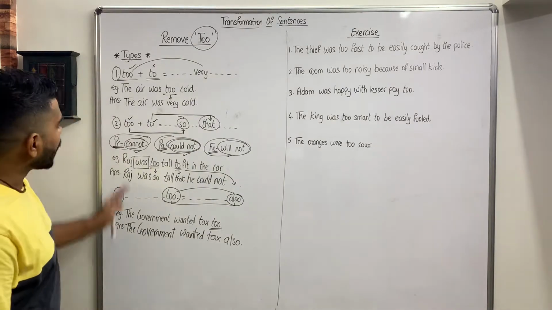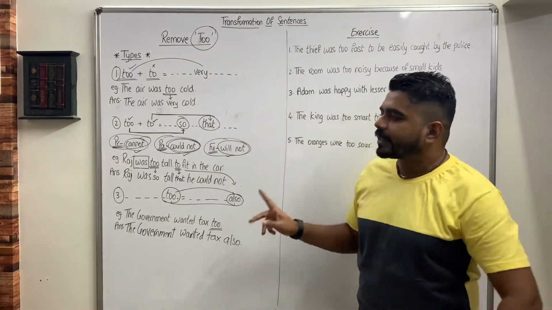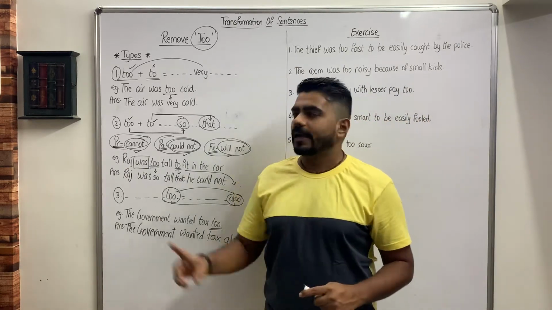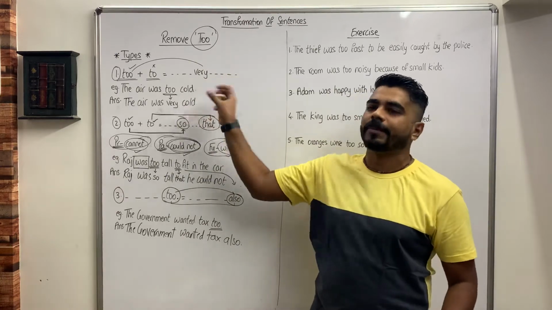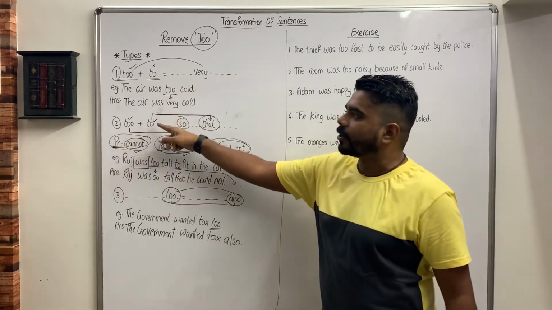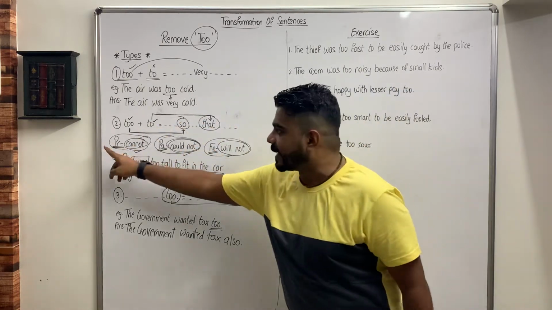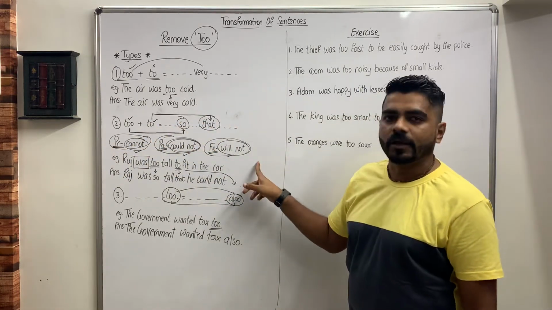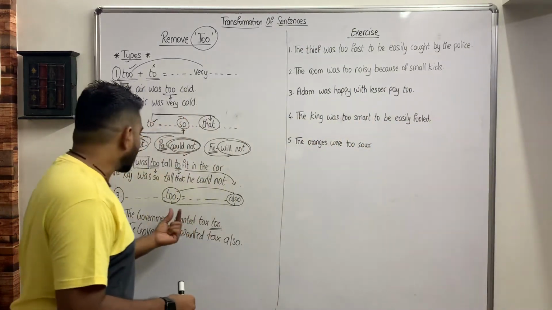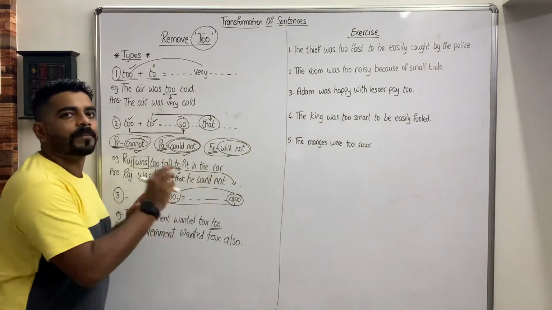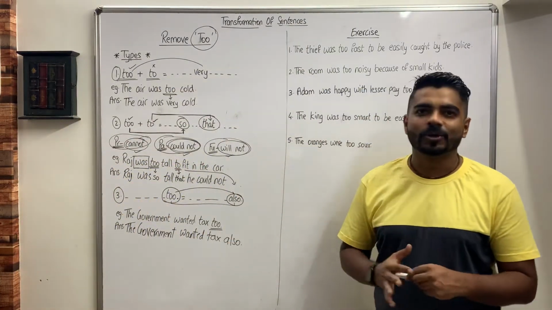Alright? Quick revision of this topic. Remove two. In remove two, we have three types of sentences. The first one being TW2 given, TO2 not given. What do you do? Remove TW2 and add very in the same place. The second type is when TW2 is given, TO2 is also given to you. What do you do? Remove TW2 and add so. Remove TO2 and add that. If present tense, cannot; if past, could not; if future, will not. The third type is when TW2 is the last word in the sentence. Whenever TW2 is the last word in the sentence, what do you do? Remove TW2 and add also in the same place. I hope this is clear to all of you.